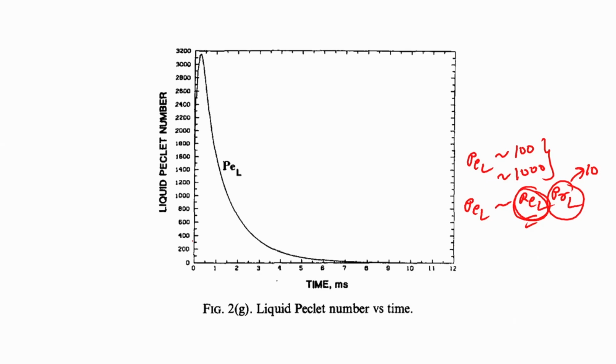Now, here you can see there are several distinct stages that we can identify, if you look at this particular figure very carefully. Initially, at the very small time instance, and we will see what happens, your Peclet number is actually low, very initially when it is just picking up, in less than a millisecond. It is going up from some value, so it is a very sharp rise. So, here Peclet number is low. If Peclet number is low, we can expect that the heat transfer will basically be conduction dominated,